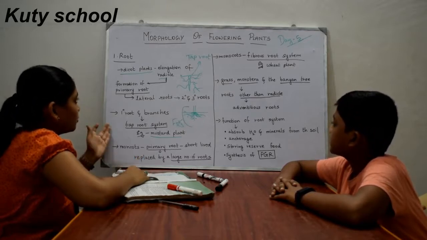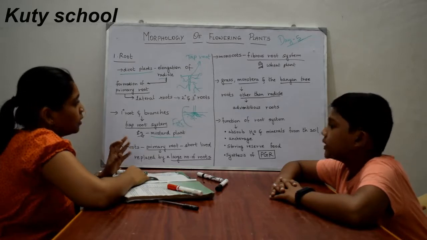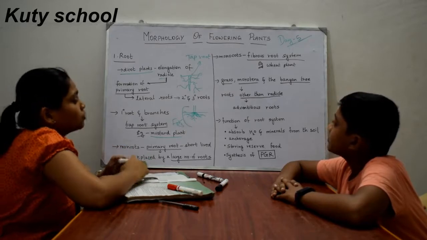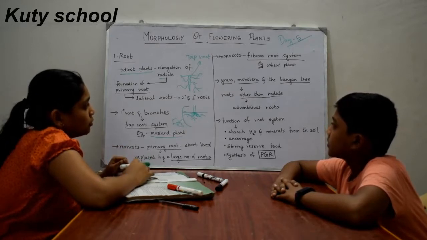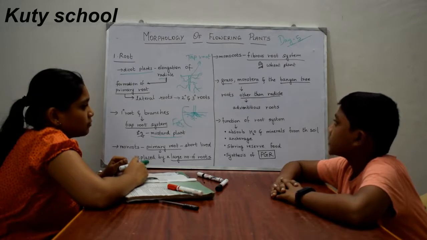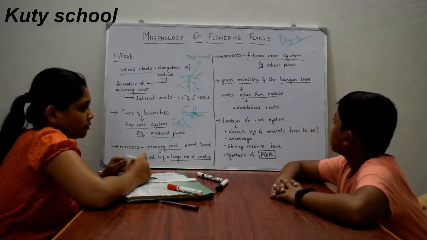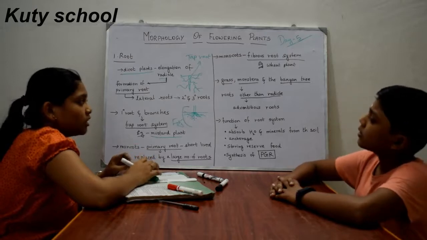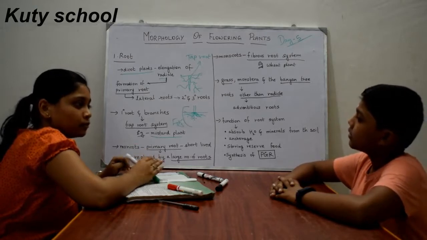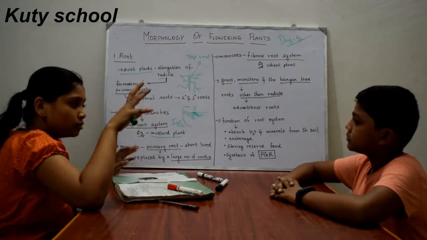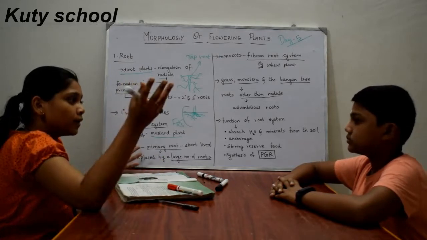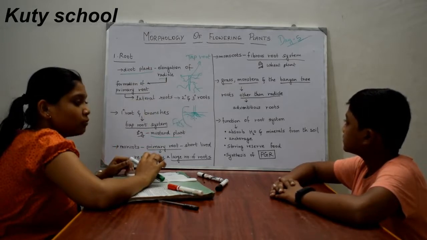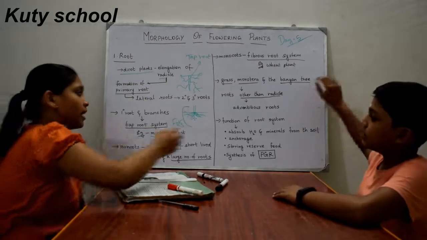So far we have seen about dicot and monocot roots. And now we will see some different kind of roots. Examples of this root system are grass, monstera, and the banyan tree. In these three, roots develop other than from the radicle. Roots develop from different parts of the plant, and that development of roots is known as adventitious roots.